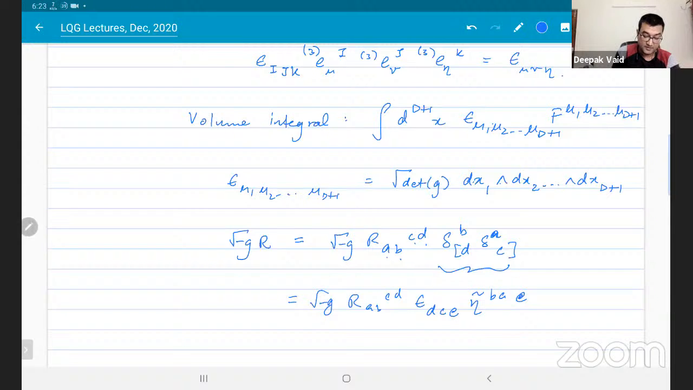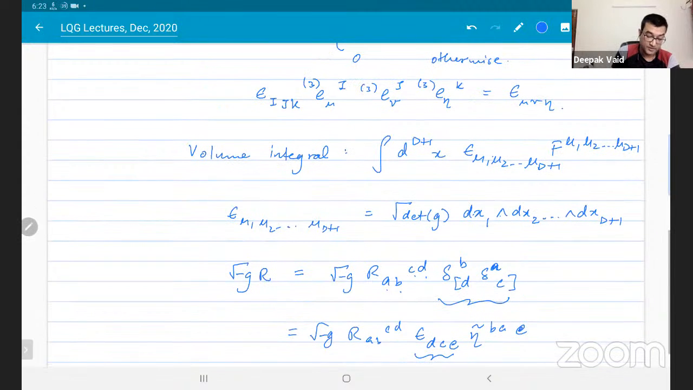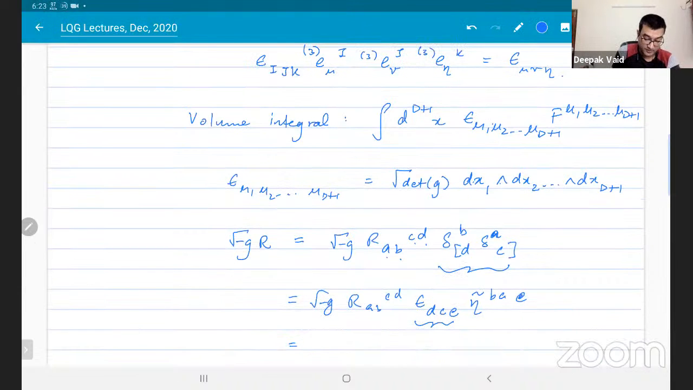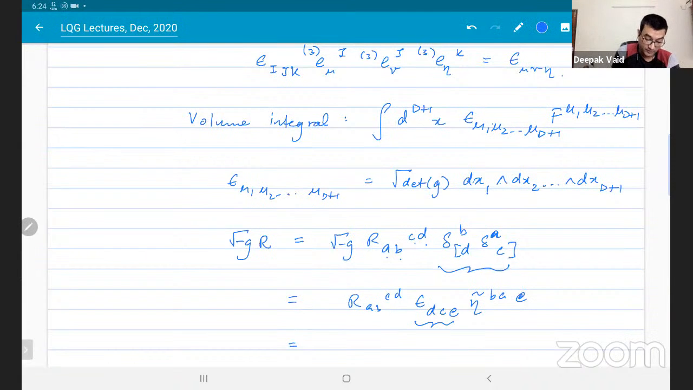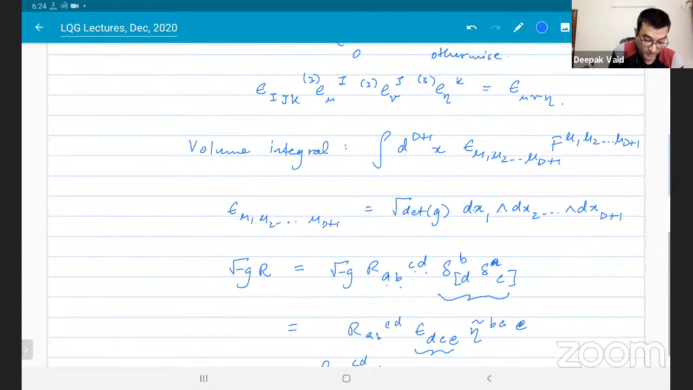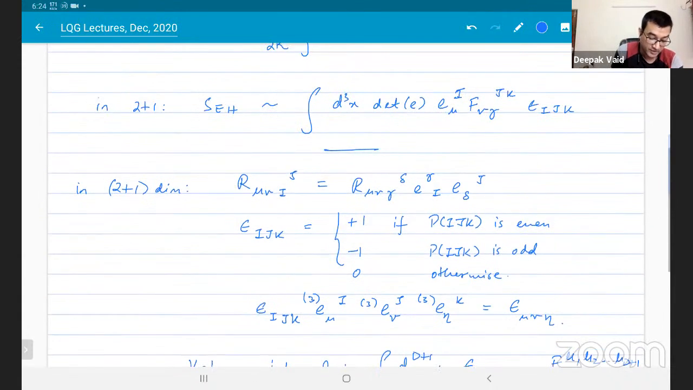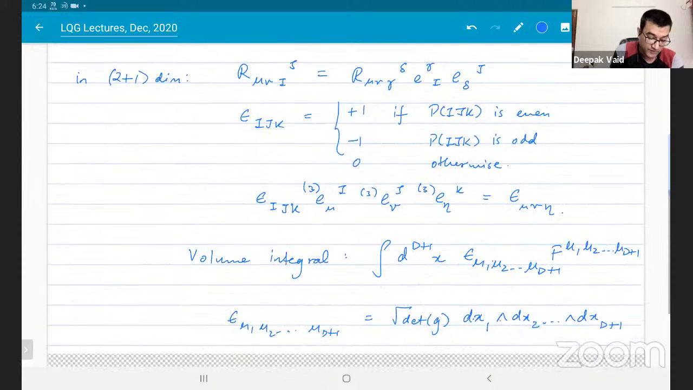And now this expression, again, I can write it using this. So if I insert this expression over here, sorry, so yeah, root, this will go away. Then I will get R a b c d epsilon I j k, and I'm making a mistake with my indices. But to answer your question, why is there one copy of the tetrad? It has to do with the fact